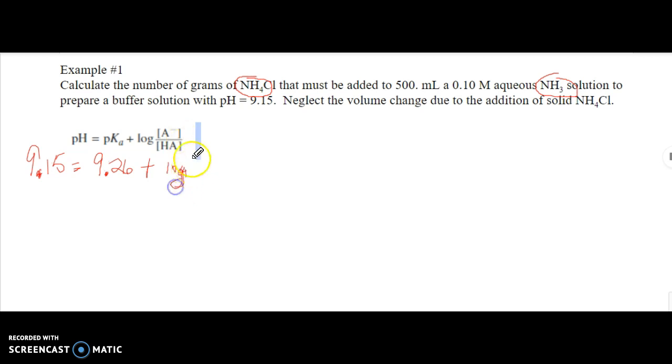I'm sorry, it's a really bad G. So we know the NH3 is 0.10. We don't know what the concentration of the ammonium part has to be. So that's going to be our X value. And I'm going to move left to right instead of down for this, just because I want to save room for a bridge problem underneath here. So if I move the 9.26 over and simplify this, I'm going to get negative 0.11 equals my log